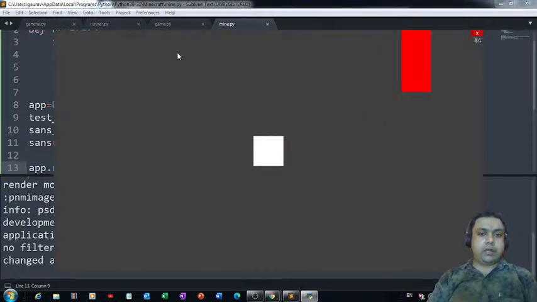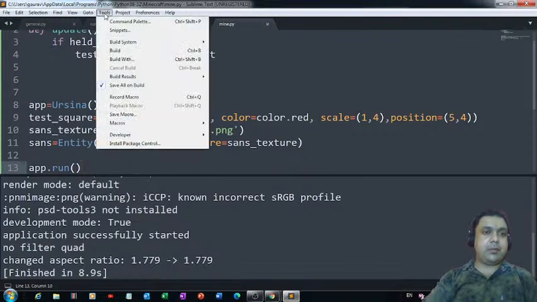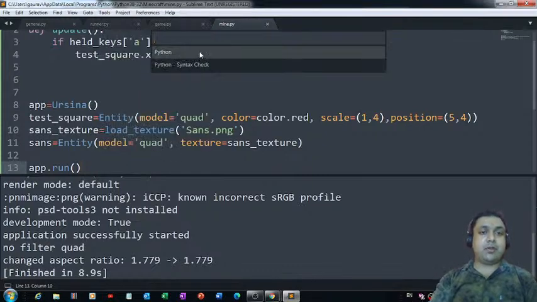Okay, so the window is here. You know what? Why was it not visible to me earlier? Because I didn't use the correct syntax for this run function. Now when I'm running this code, everything is visible to me. See,